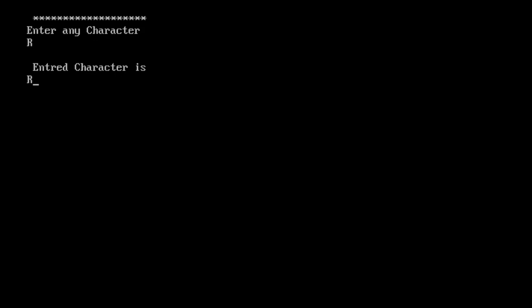This is the entered character R. If you observe the output screen, in the first printf we print stars. In the second printf we interacted with the user: enter any character. The user entered